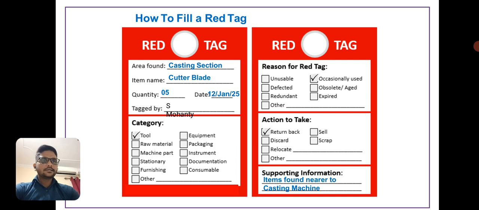Next is reason for red tag, that is unusable, defective, redundant, or occasionally used, obsolete, or aged, or expired, or others. Action to take, like return back, discard, relocate, sell, or scrap, or others. And supporting information, meaning where the item was found, we need to mention that also. These are the format of the red tag process.